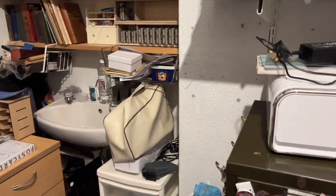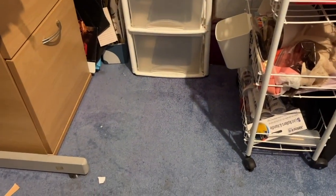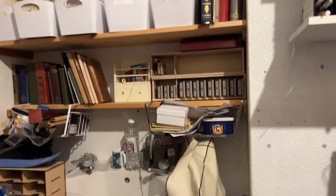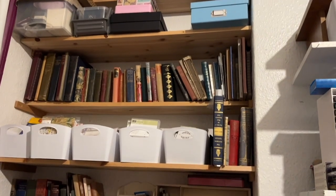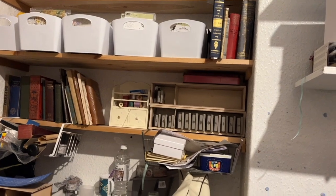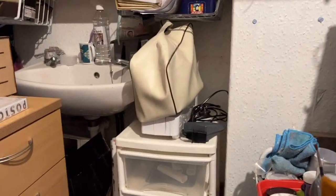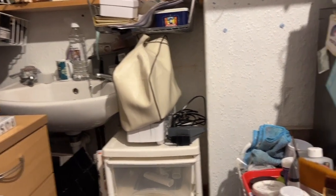So over in this corner here, I have made a space, so I can now walk in there and reach what's on these shelves here. Well, not the top, but I can get to the books and those things, which I couldn't before. So that's cool. I can actually get to my sink, which I couldn't before, and I can open these drawers and do things. I've got my sewing machine up there,